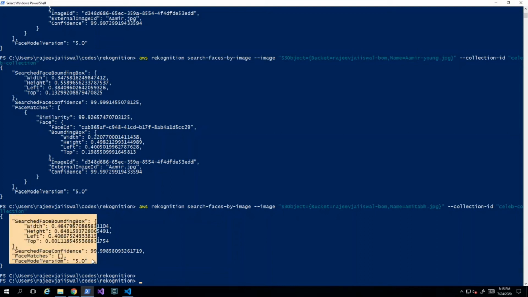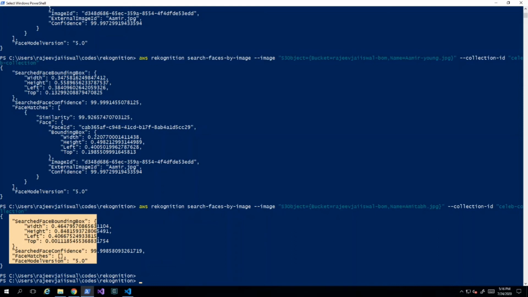We'll do this exercise with different combinations when we'll be using Node.js. So this is the idea. If you want to test it, the first approach is to go on the CLI, test it and understand how this works, and then programmatically we will go and implement it. All right, a couple of other commands.